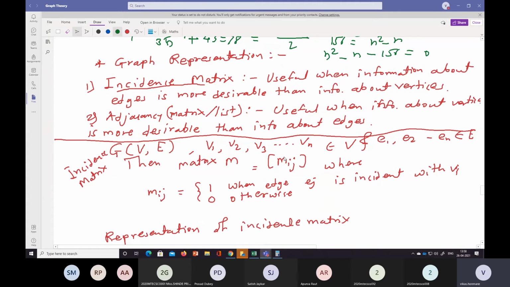Now we move to the next point, which is graph representation. Okay, so graph representation, we can represent the graph in different ways. First way is incidence matrix. Okay, so incidence matrix is useful when information about the edges is more desirable than information about the vertices. So when to use this incidence